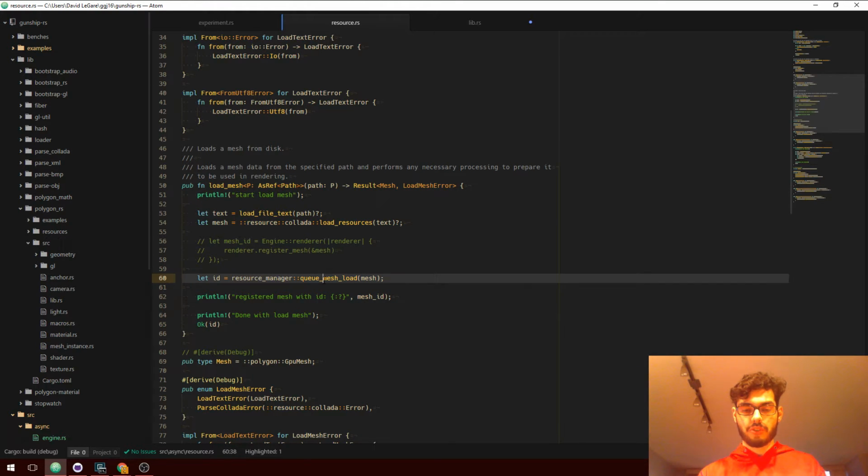Resource manager, like this imaginary method of saying, okay, I've loaded the mesh data, now add it to a pending queue to be processed by the engine. That process will generate an ID that can be used internal to the game, within the game engine and game code, to identify that mesh resource.